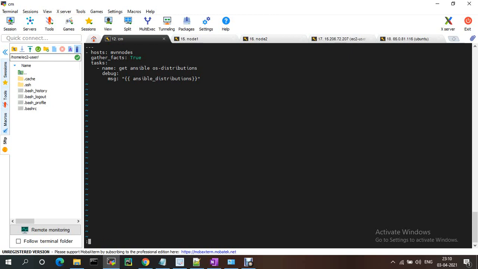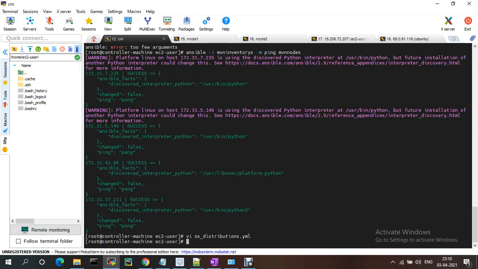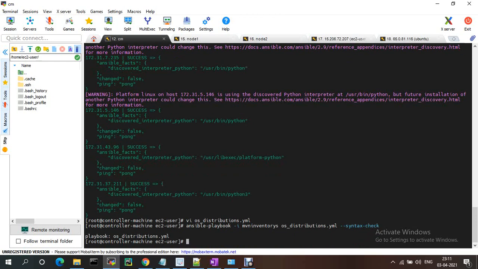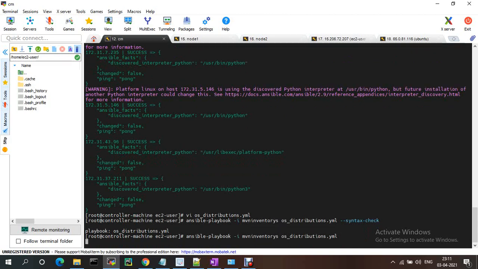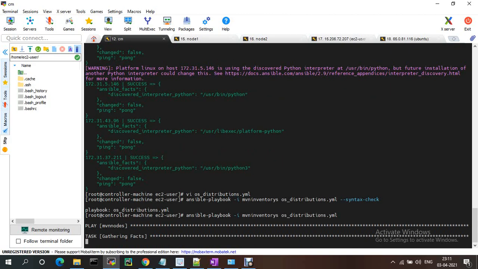So let me execute this one. ansible-playbook -i Maven inventory, and the playbook name is os_distributions, with syntax check. So the playbook is correct. Now let me execute it. I'm gathering facts.